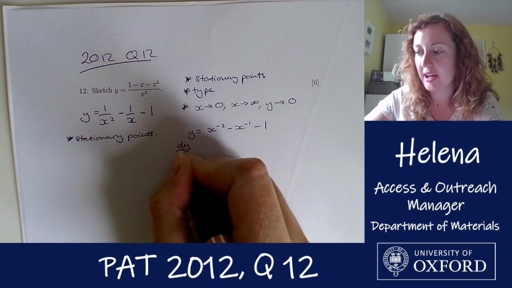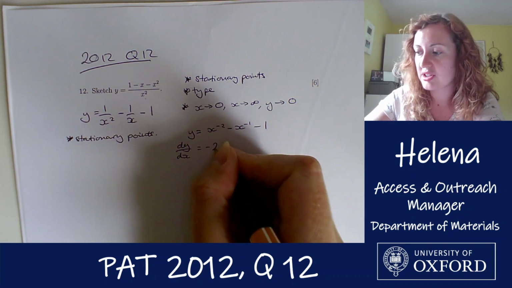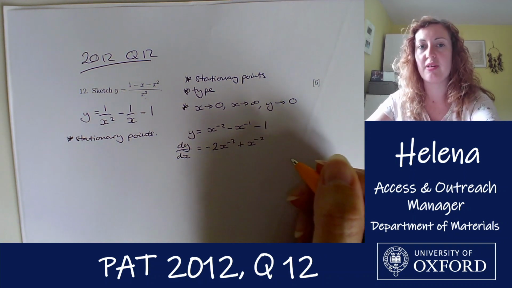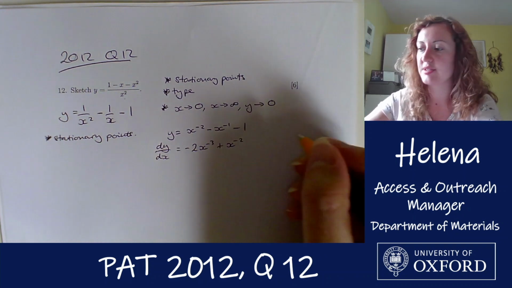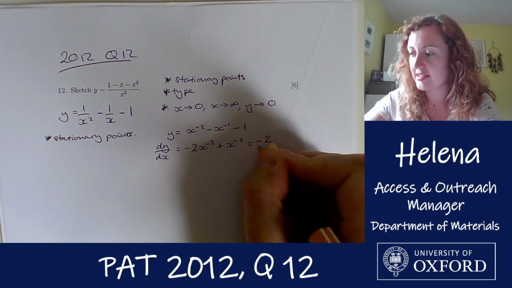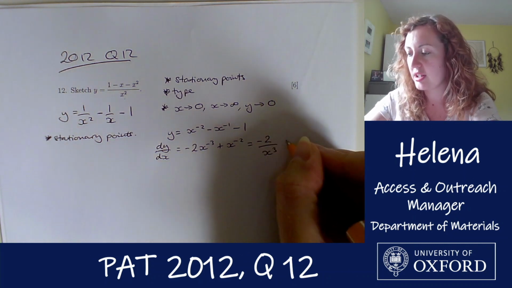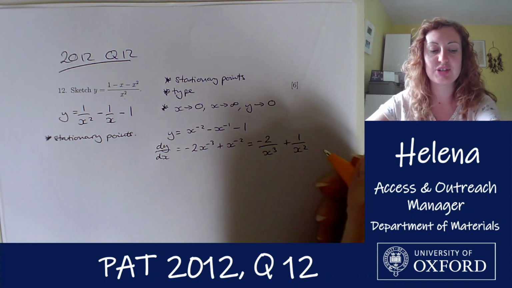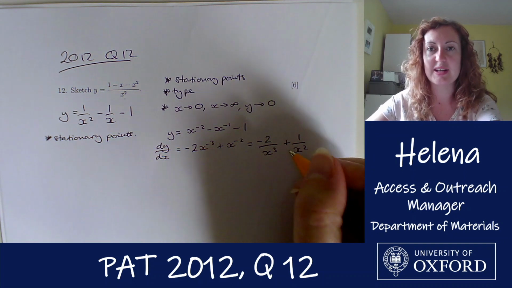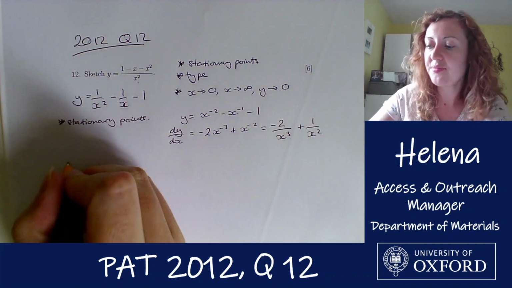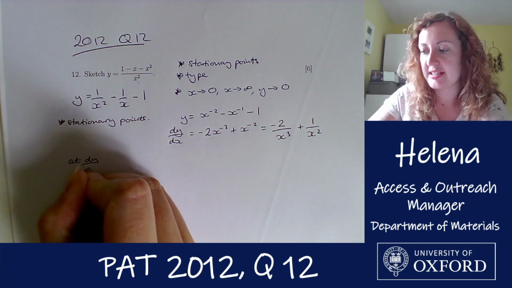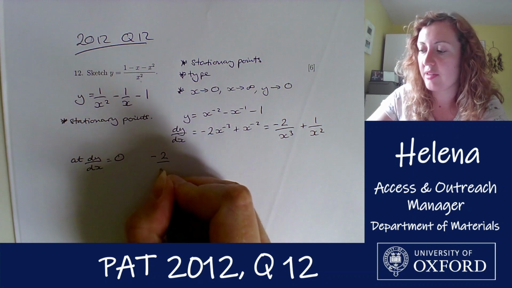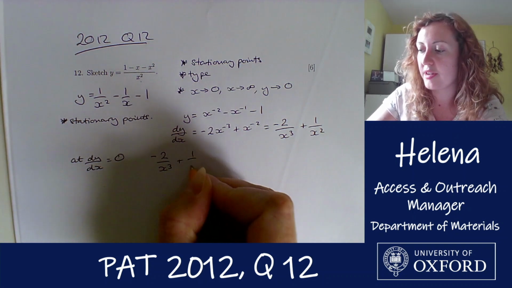So dy by dx equals minus 2x to the minus 3 plus x to the minus 2, and the minus 1 disappears there. So let's rewrite this as fractions. So we have minus 2 over x cubed plus 1 over x squared. Okay, and so for any stationary points, we want to set dy by dx to be 0. So at dy by dx equals 0, we have that minus 2 over x cubed plus 1 over x squared